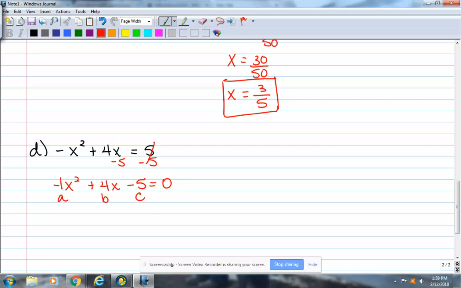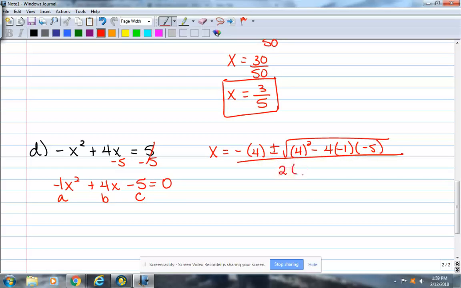X equals negative, what's b? 4. Plus and minus the square root of what's b? 4. Squared minus 4 times what's a? Negative 1. What's c? Negative 5. And all gets divided by 2 times what's a? Negative 1. Okay. So negative 4 is negative 4, plus and minus the square root. 4 squared is 16. Minus 4 times negative 1 times negative 5 will be